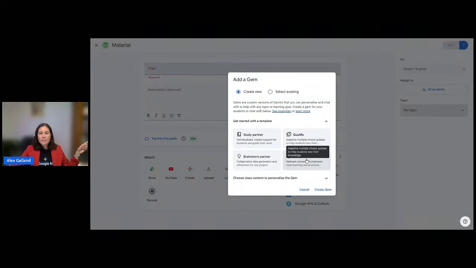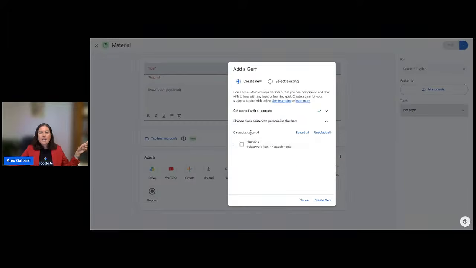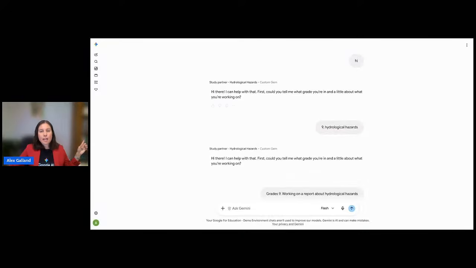And you can see that there are some options here now. So I'm going to click on Study Partner. And then I just choose which content from my Google Classroom I want this to be a study partner for. Of course, it's for my water hazards. And then I click Create Gem. What it's doing is it's creating a gem that will help students to understand or deepen their understanding about, in